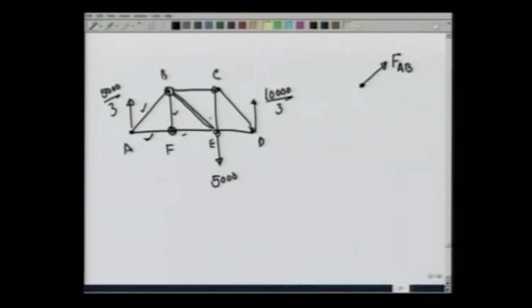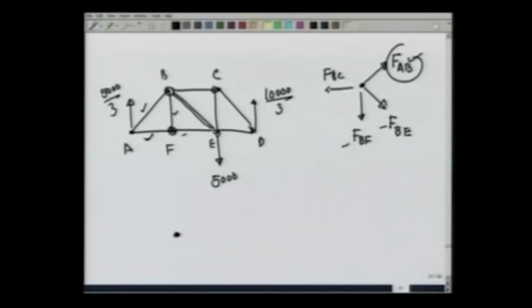Plot like this, and there is a force BF, let us call it FBF, there is a force FBE, and there is a force FBC. Sorry, I said earlier that at point B I can solve, but no, I have one known and three unknowns. Equations are only two, so for point B I cannot solve, but certainly point F I can solve, because